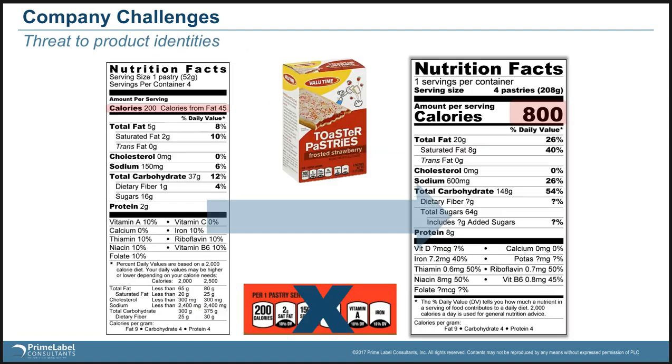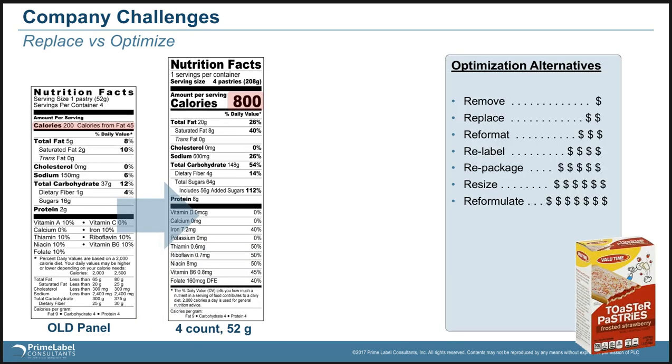A major company challenge is the threat to brand identity some of these new NFPs will bring. In this case, a package of 4 toaster pastries goes from a 200-calorie NFP to an 800-calorie NFP, and front-of-pack claims are impacted. Moms who see that large number may question their loyalty to this product. Companies will need to revisit whether they will simply replace the panel with a new one with those large ugly numbers,